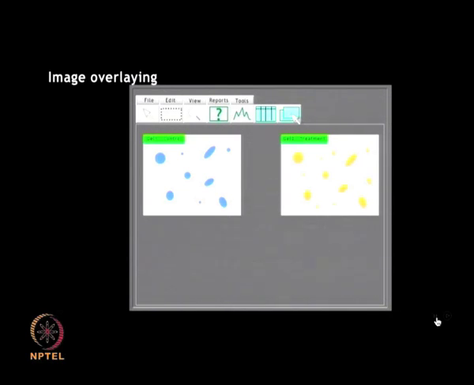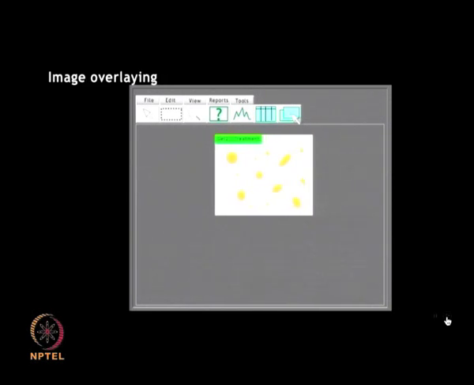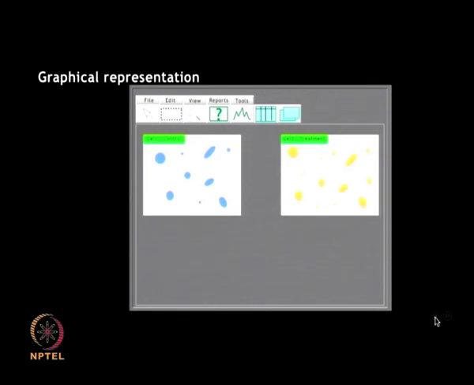Overlaying of images is a particularly useful tool for the comparison of two gels. The gels are overlaid such that they appear merged and spots that coincide will overlap with each other. This is extremely helpful while comparing large clinical samples of controls and treatments, so that you can obtain a clear indication of the proteins which are differentially expressed.